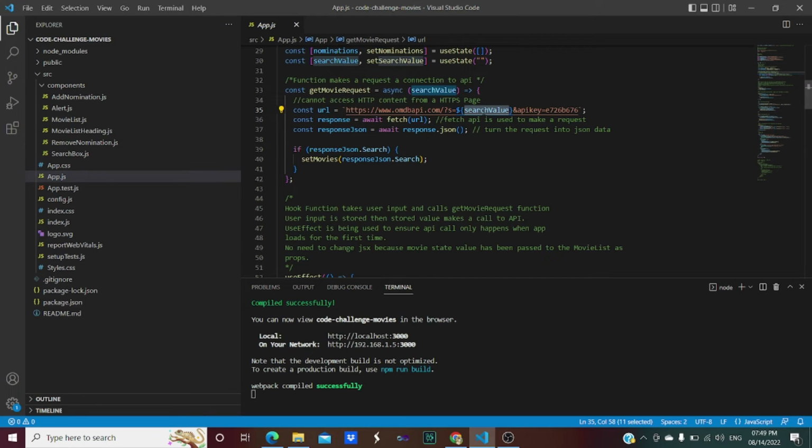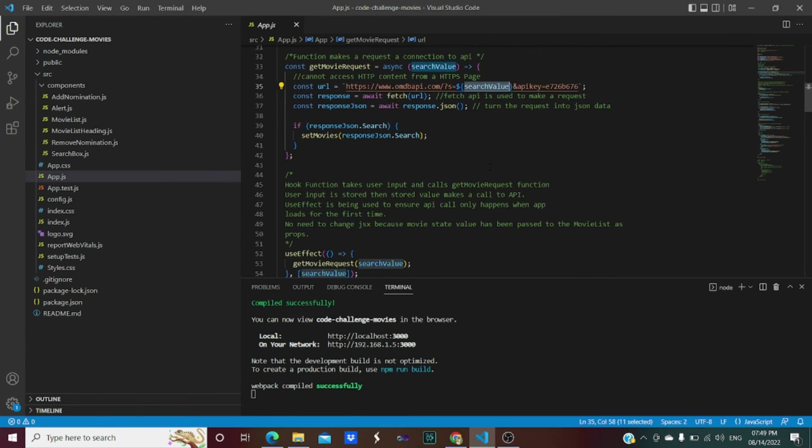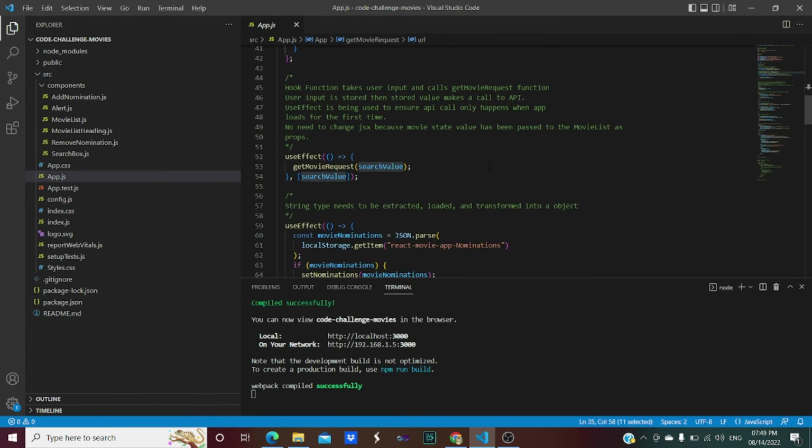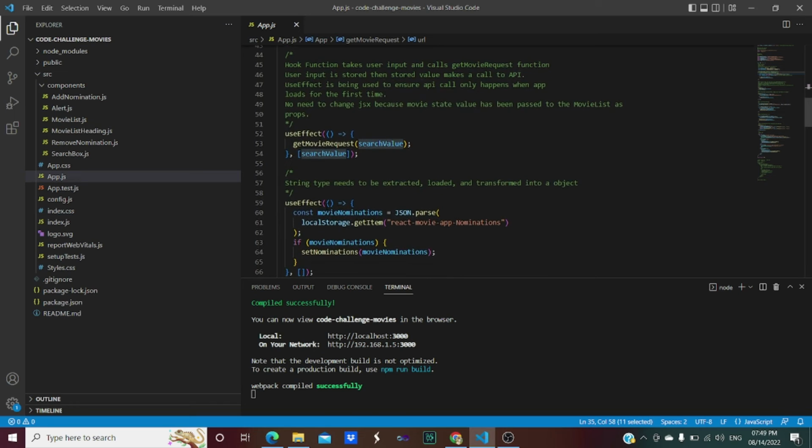So the search value that is stored is used over here in the query string to make the call to the API. And this use effect will make sure that API calls will only happen when the app loads for the first time.